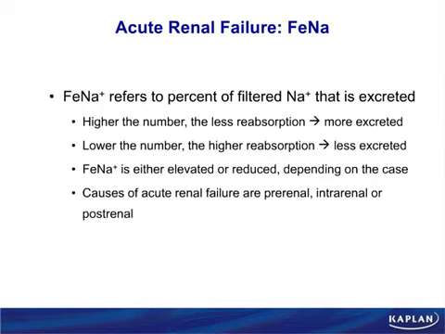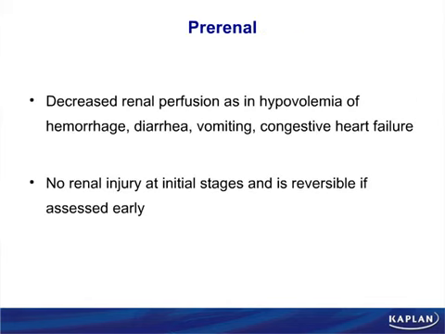Depending on the case. Now again, the cause of acute renal failure could be pre-renal, intrinsic, or post-renal. The FENA will help tell you the difference. In pre-renal azotemia, the problem is due to a decrease in renal perfusion due to a hypovolemic state. This could be due to hemorrhaging, diarrhea, vomiting, or congestive heart failure. There is no intrinsic renal injury at the initial stages of pre-renal azotemia, and this is reversible if caught and